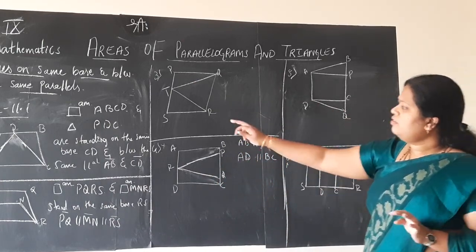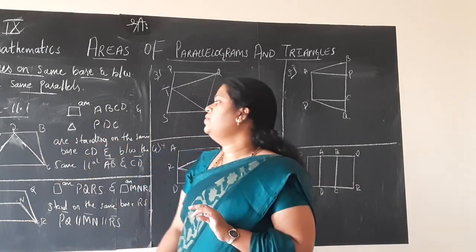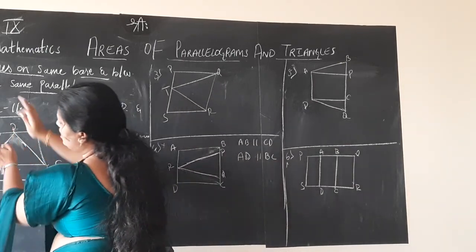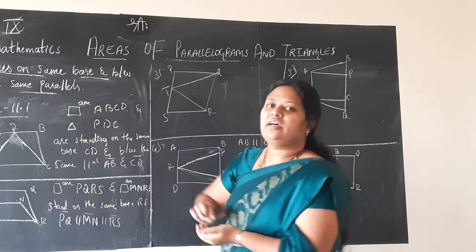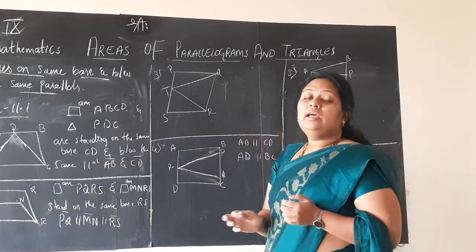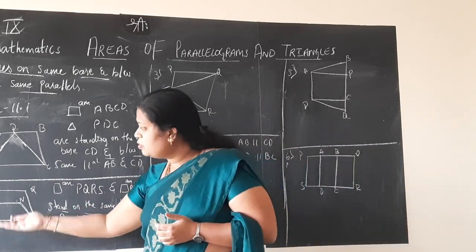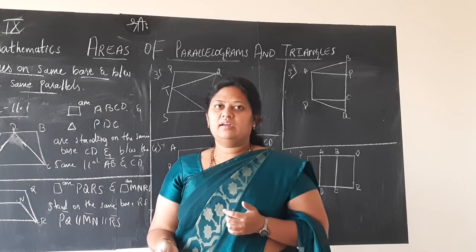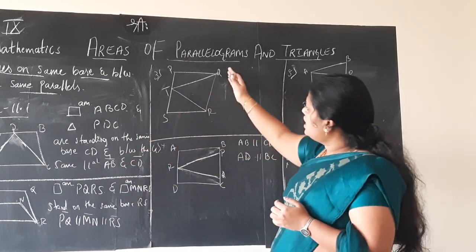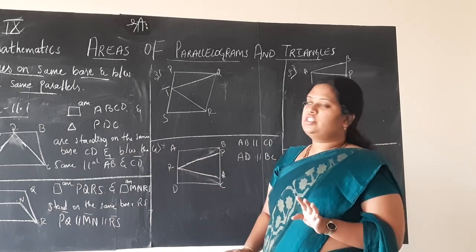Hence parallelograms PQRS and MNRS are standing on the same base, but all these three sides are parallel to each other. In this figure, it is very much similar to the first problem, but the figure is tilted, with a half rotation. So it is not always that the base should be at the bottom. It can be here as well if you consider.